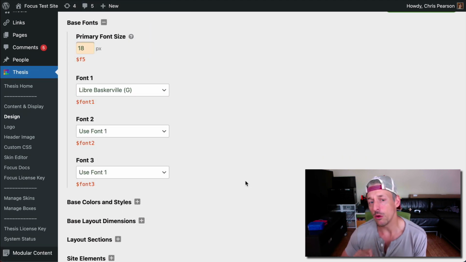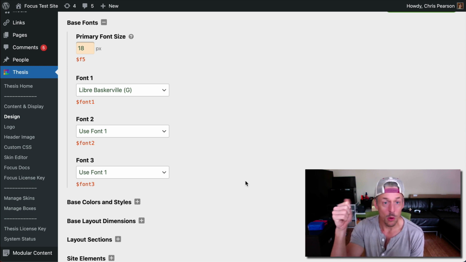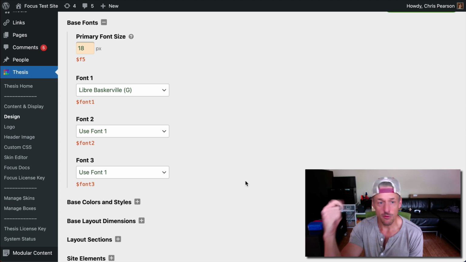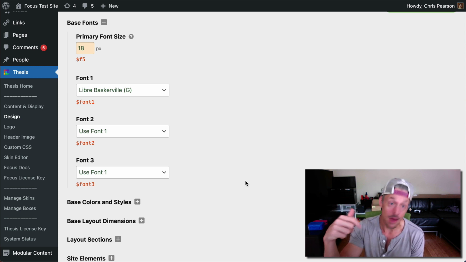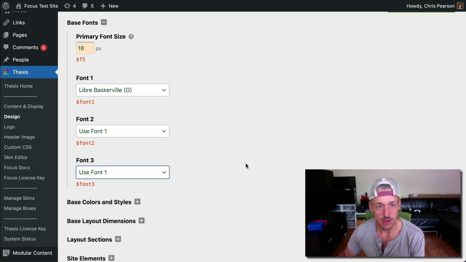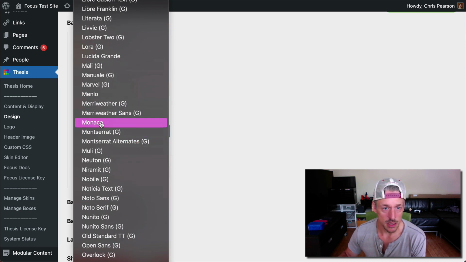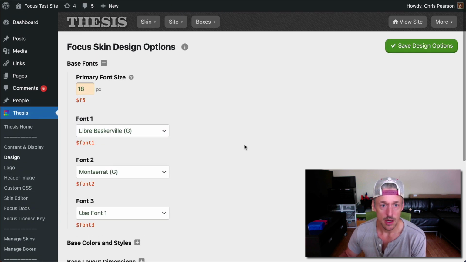These are all the Google fonts that have 400, that's considered normal. That's the normal weight, normal size font. 400 italic, so normal, italic, and bold, 700 bold. Every Google font that contains those 3 faces is included for use in Focus, and you can select them from these font drop-down menus. All right, font number 2, we're going to call Montserrat, very quick, and we're going to